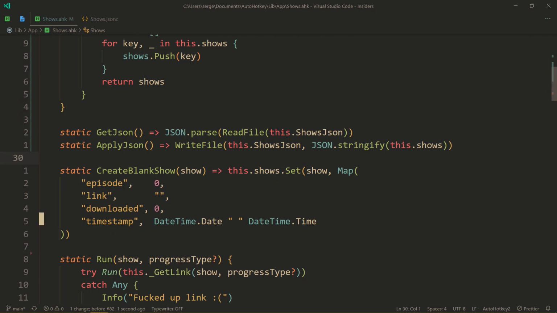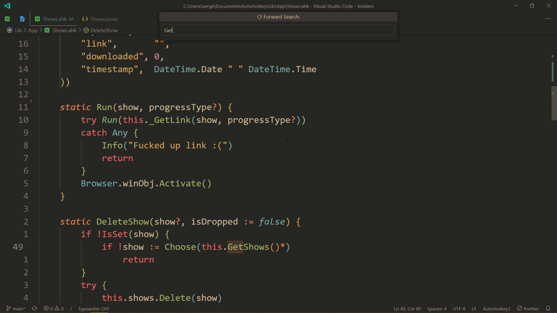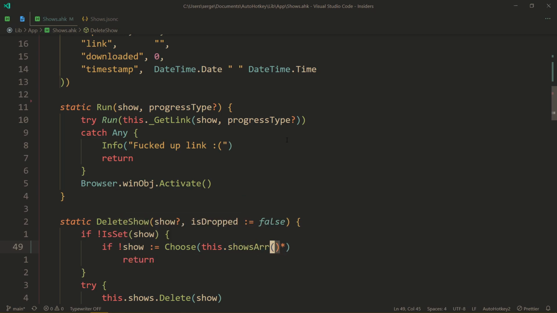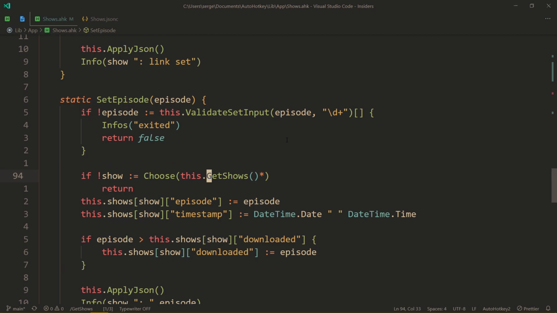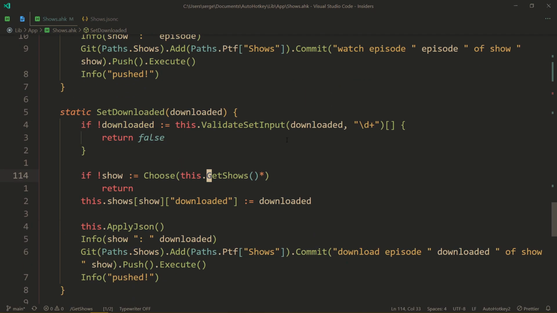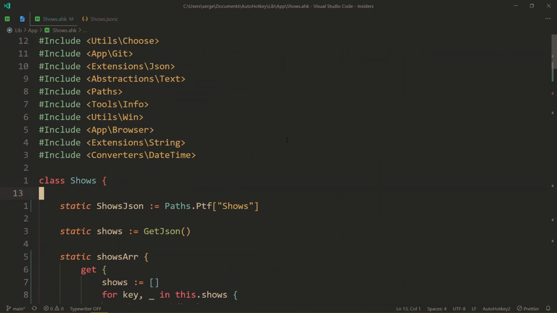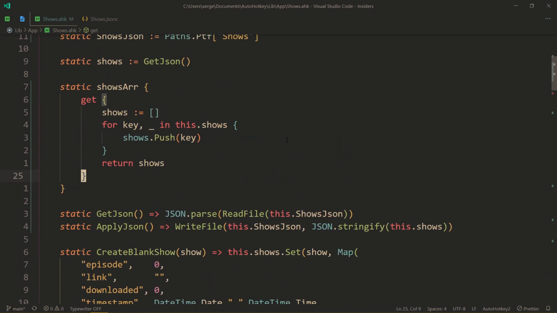So shows array, where do we use it? So let's search for get shows and change it to shows array, and change this as well. Okay, let's do it a bit differently. Shows array, and now I can just press dot to redo that action. Great, now we're using a property, because